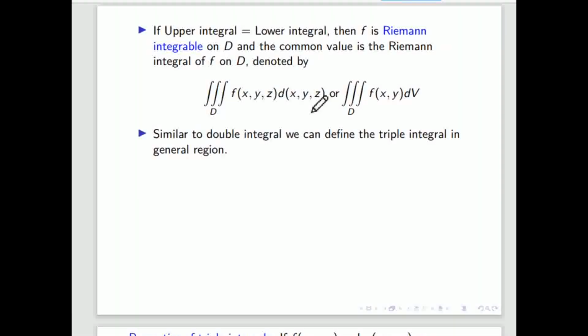So here it is written dx comma y comma z. So again the same problem, we have to integrate with respect to x first, or with respect to y, or with respect to z. That also depends on the order. Fubini's theorem also holds here. For a general region also we can define: if any region is given, we can take a rectangle box which will contain it, like we defined in the double integral. So I'm not going into that.